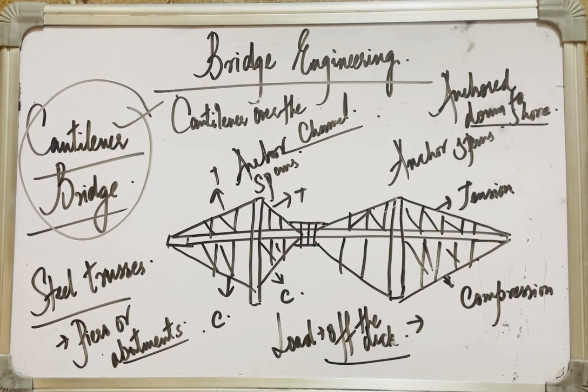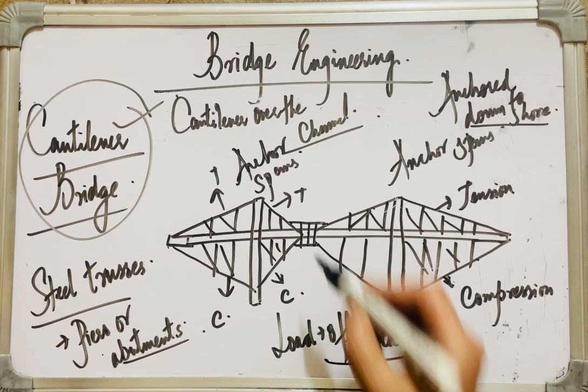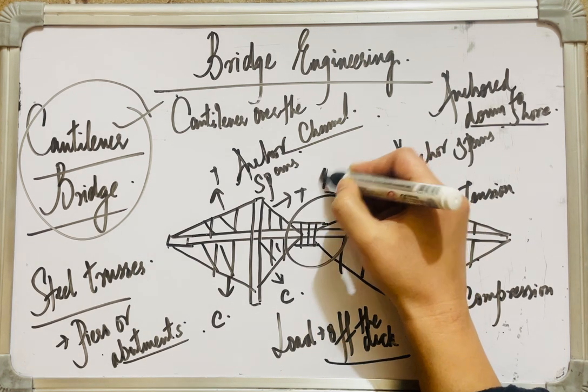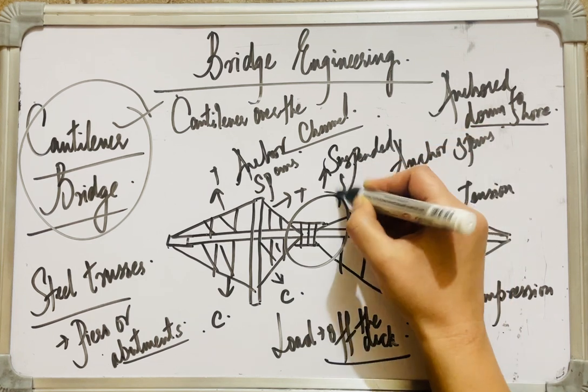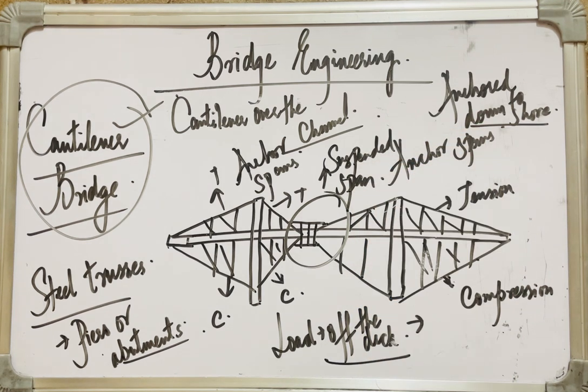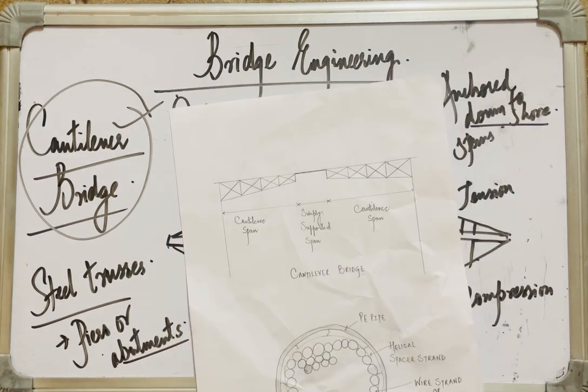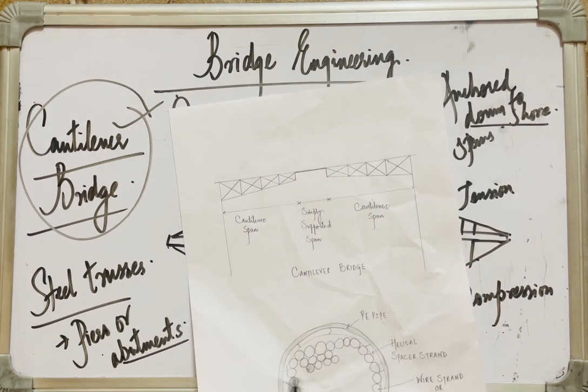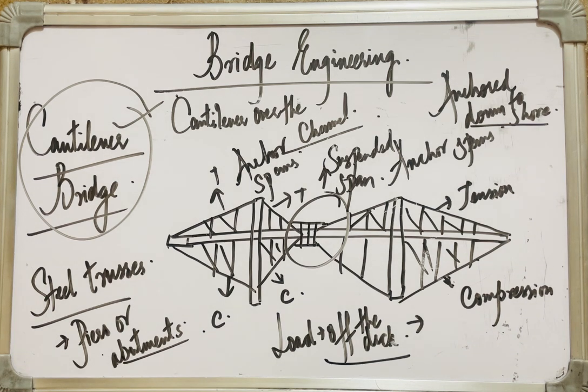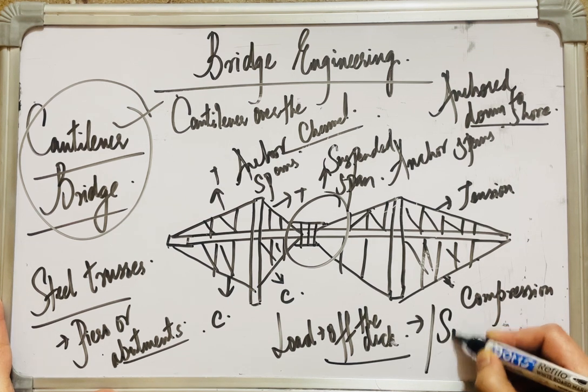And the suspended span rests at the ends of two cantilevers. This is my suspended span. Or here in this diagram, you can see that this is my anchor span, this is my anchor span, this is my suspended span, because this rests on the two ends of the cantilevers and can act as either a simply supported beam